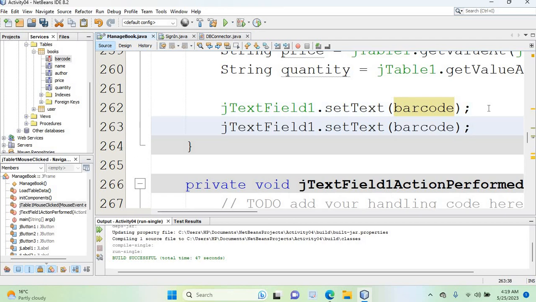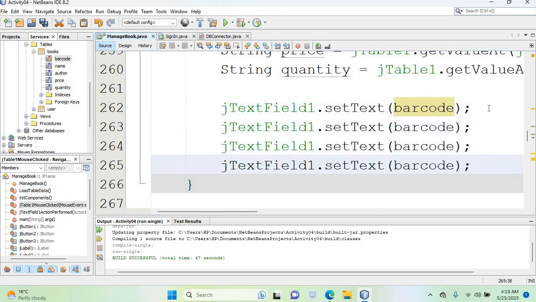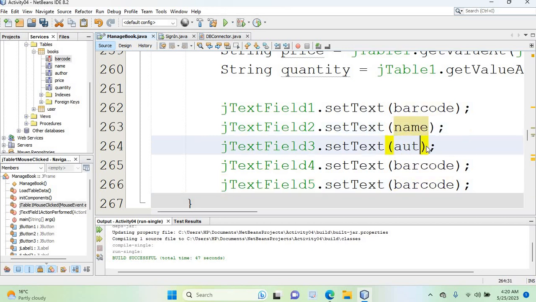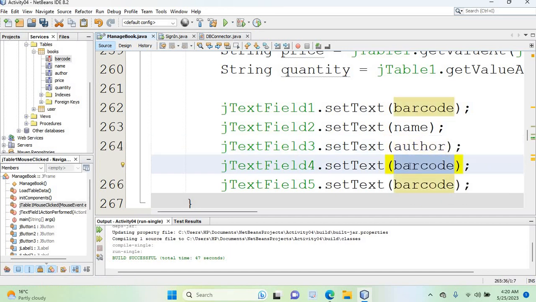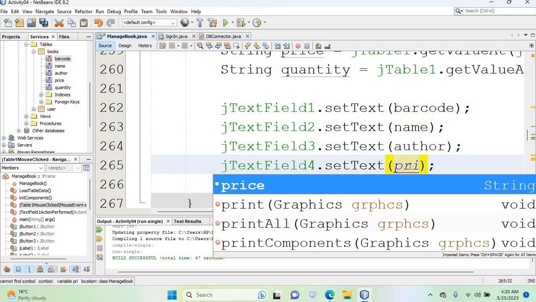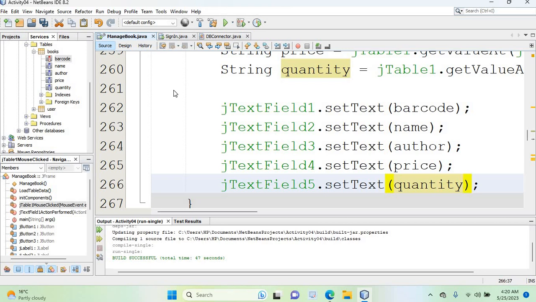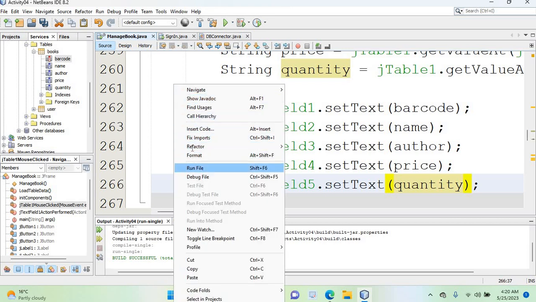Like this, we are going to set field 2, field 3, field 4, field 5. Okay, 2, 3, 4, 5, and we are going to add name, author, price, and quantity. Okay, now if I run this one,